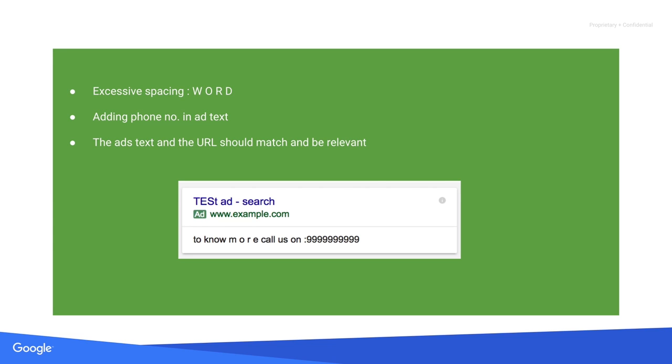Next, make sure that you don't include any phone numbers in your ad's headline or description. Instead, use call extensions or call-only ads to include a prominent phone number in your ad. Finally, your ad's text should be clear and accurately describe what you're selling. For example, your ad can be disapproved if it uses gibberish or random letters, or if your ad's text and URL don't match. Like an ad that sells shoes and that uses the URL